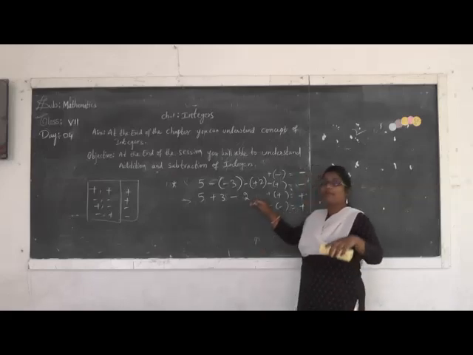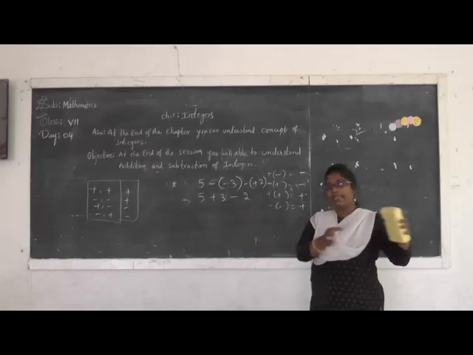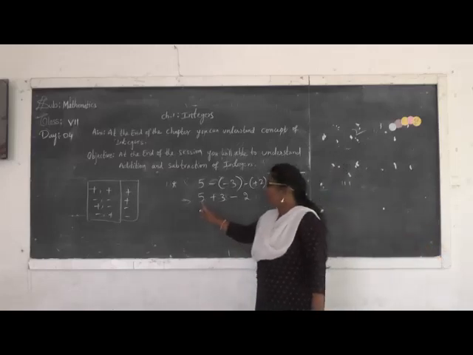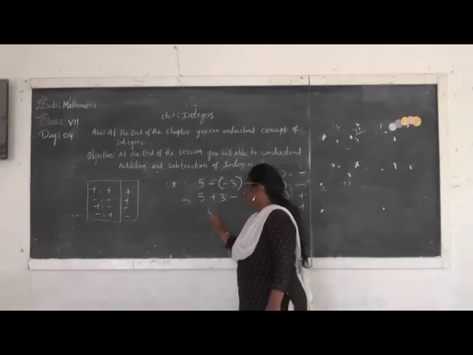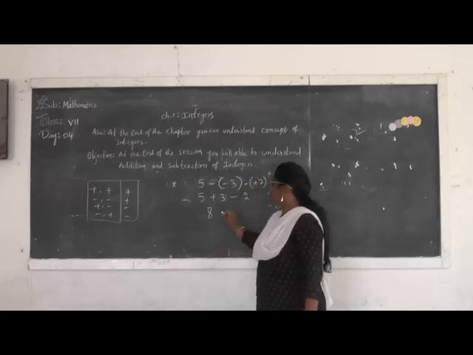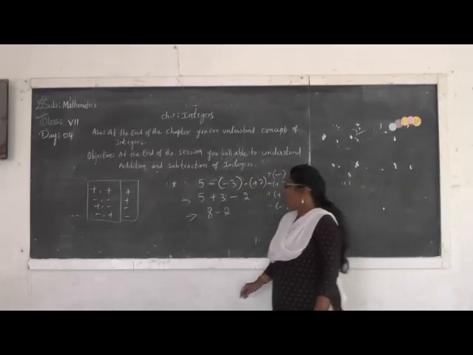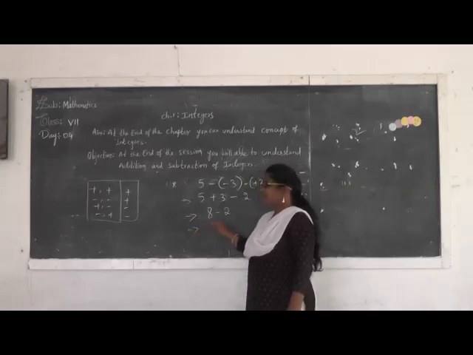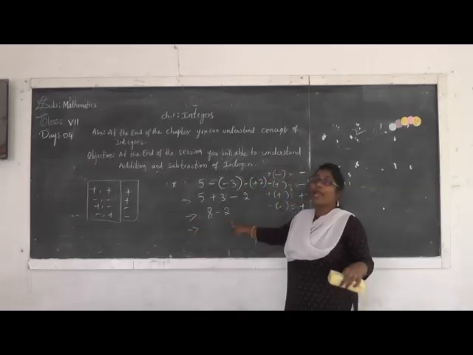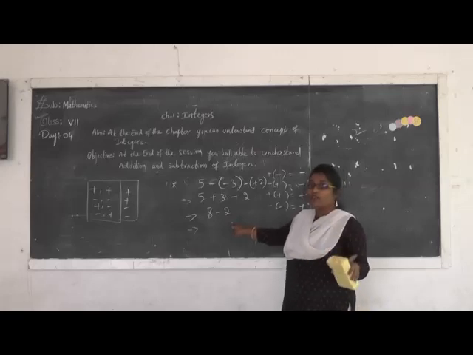After getting this step, we have to add positive terms all together and negative terms all together. Now 5 plus 3, how much? 8. So I was writing it as 8. Here there is only one negative term, so I was writing it as it is in the second step. Understand? Now third step. One is positive, one is negative. What do we have to do? We have to subtract. One is positive, one is negative, which means we have to subtract the integers.